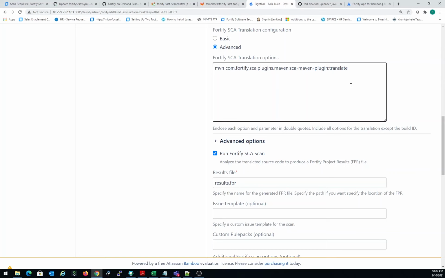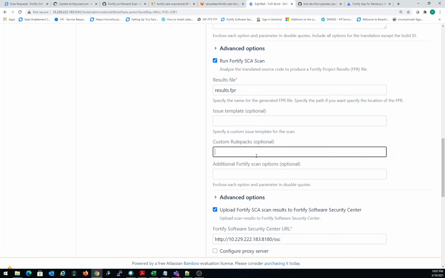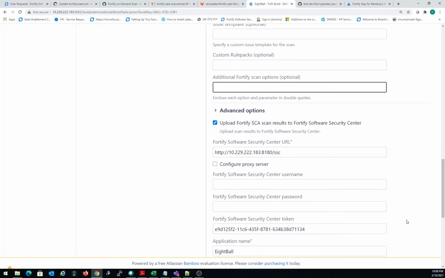So there's a lot of ways you can leverage this plugin as well. I can provide an issue template on SSC. I can have a custom rule. I can have a Fortify scan option here. So different parameters that I want to do. And I can